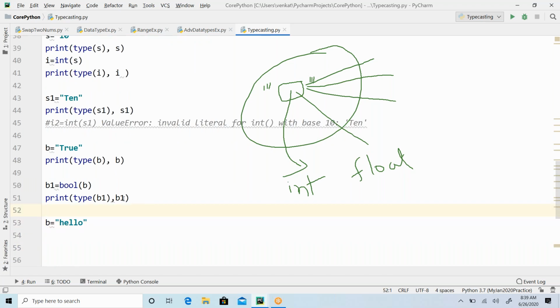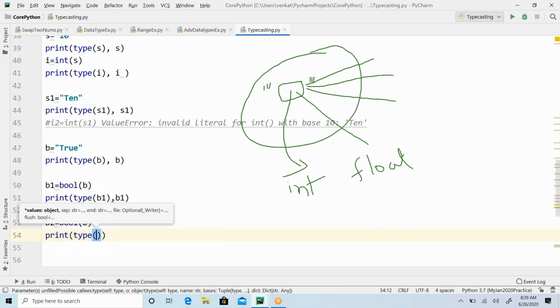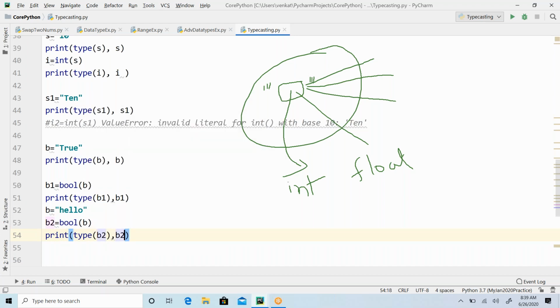Come back to this. I have hello inside my string now. So b2, what I'm doing is boolean of b, right? Now my b value is hello, not true, because this will override. The same variable I'm using, so whatever content I have, it's going to hold hello now. Now if you print type of b2 comma b2,